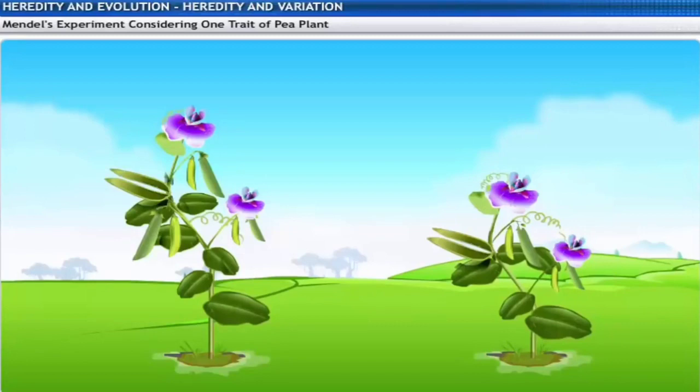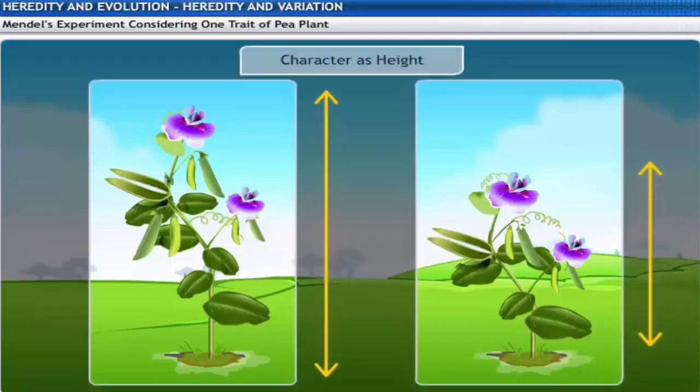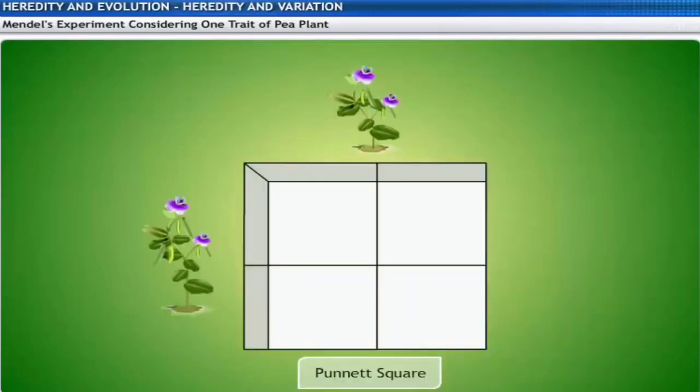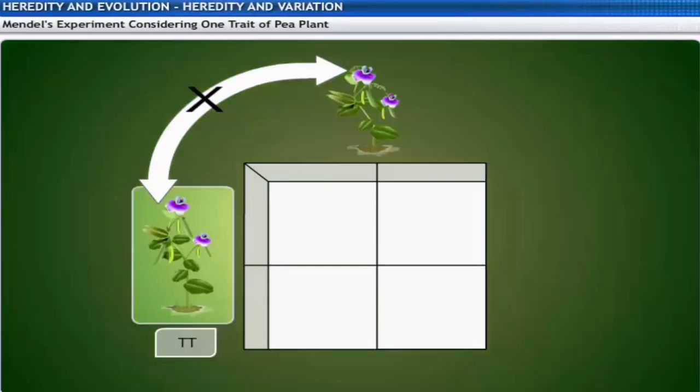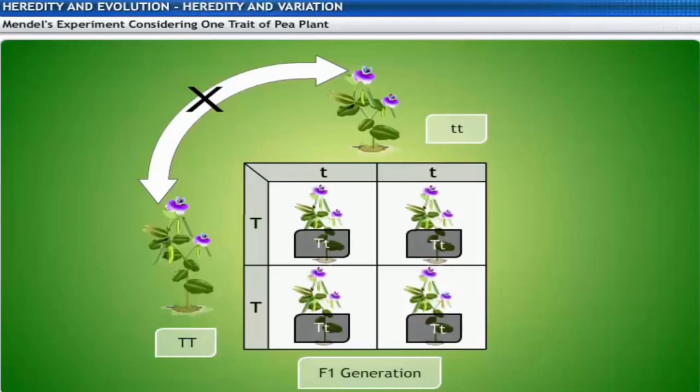Well, let me explain this through Mendel's experiment, in which inheritance of only one character, for instance the height of the pea plant, is considered. Such inheritance pattern is referred to as monohybrid inheritance. The Punnett square shows a cross between parental tall TT and dwarf tt plants. The gametes produced by them are T and t, and the F1 generation has all Tt